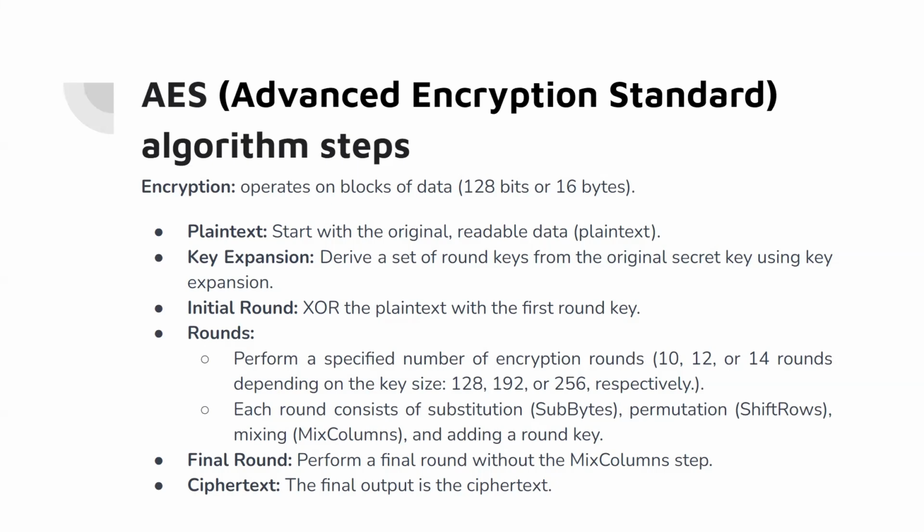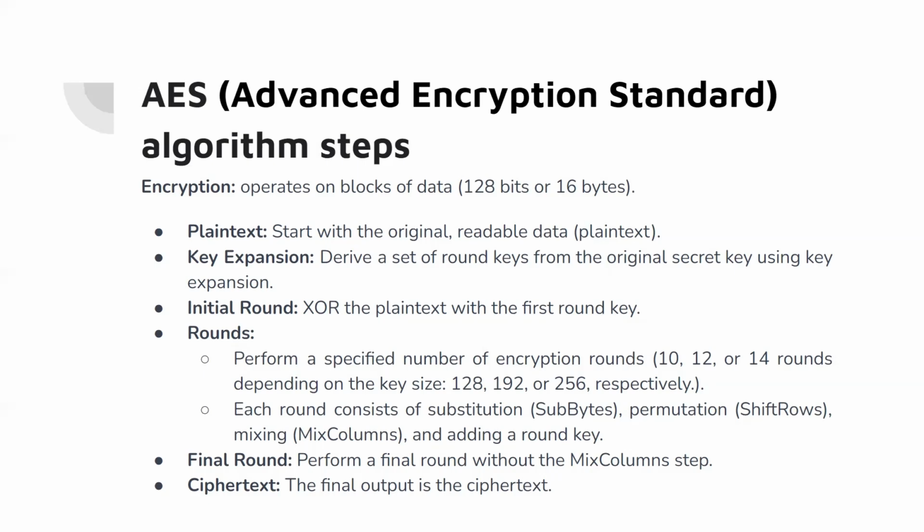Then there is the round key addition step. In this step, the state matrix is XORed with a round key derived from the original encryption key. Each byte in the state matrix corresponds to a byte in the round key. The purpose of this step is to introduce the secret key into the encryption process, ensuring that each round is